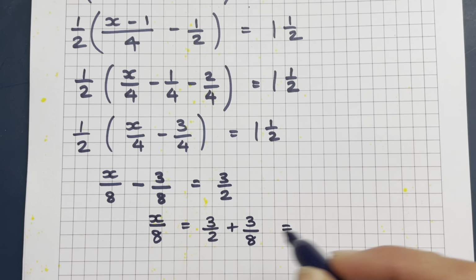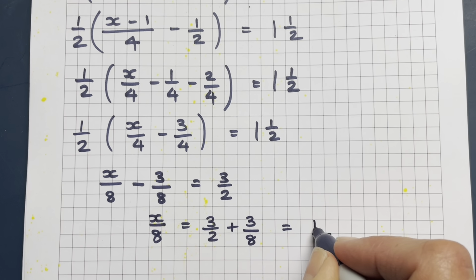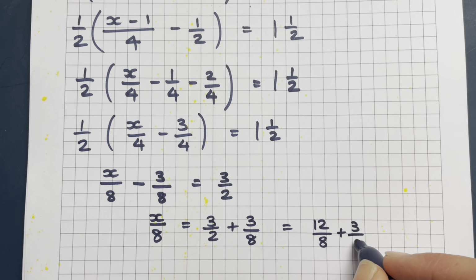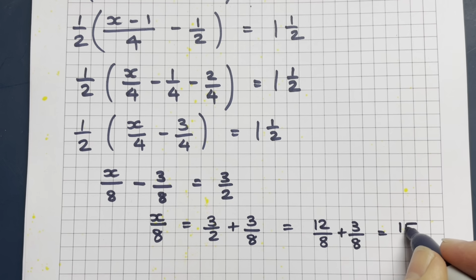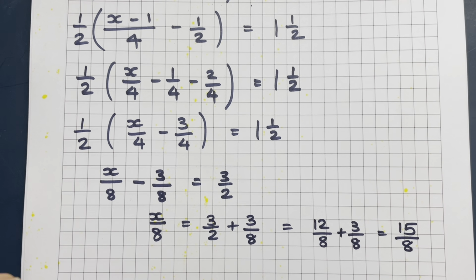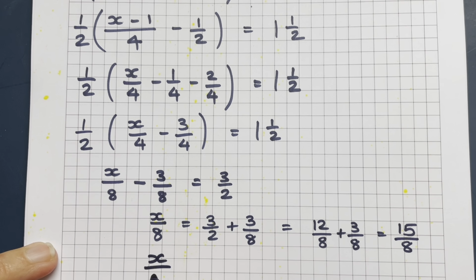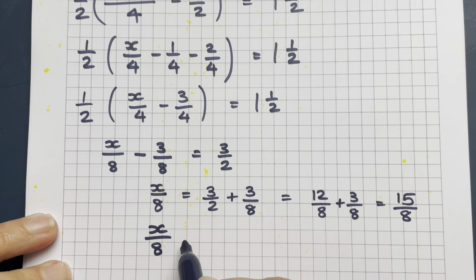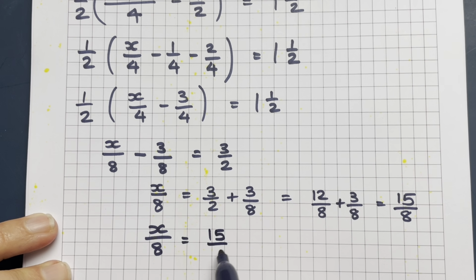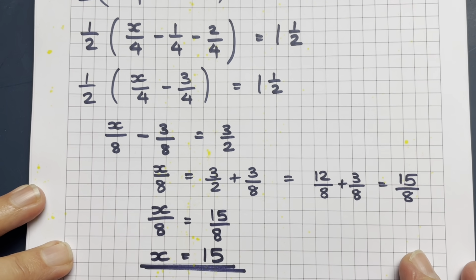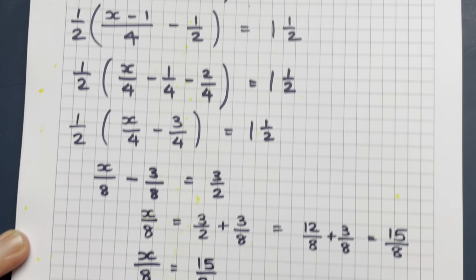I can rewrite this as 12 over 8 plus 3 over 8, which is going to give me 15 over 8. Whew, we're nearly there. x over 8, I've run out of space, equals 15 over 8. Therefore, multiplying both sides by 8 is going to give me x equals 15. So the answer